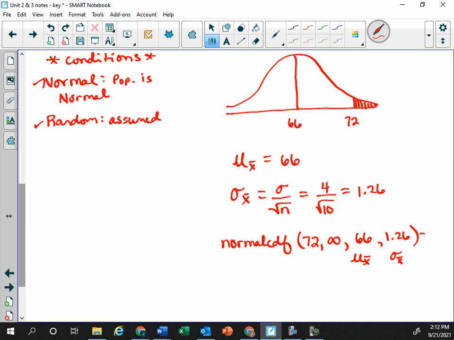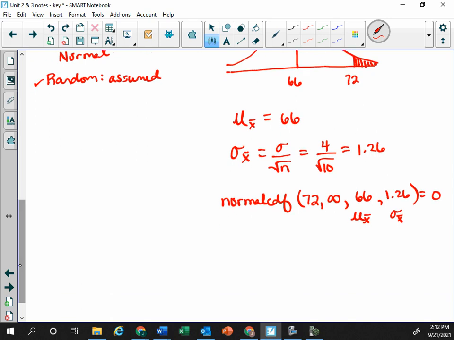So approximately 0. So we'll write the conclusion here, and then let's talk about why this one is 0 and we had like a 7% chance before. Let's look at why it's so different. So you could say there are approximately